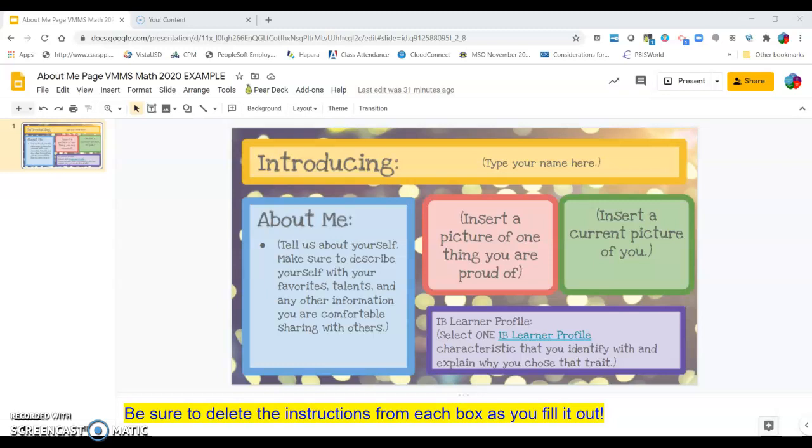In this video, I will be showing you how to insert pictures and text in Google Slides. I will use the About Me page to do this. At the top of the page, you will see the yellow box that says Introducing. Click on the part that says Type your name here